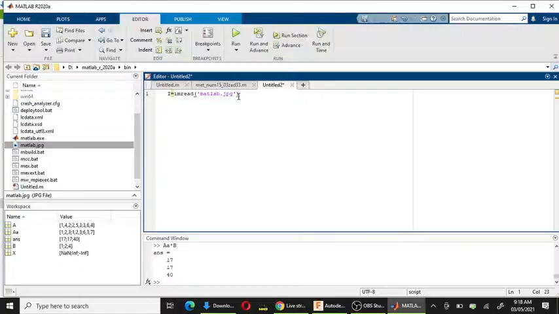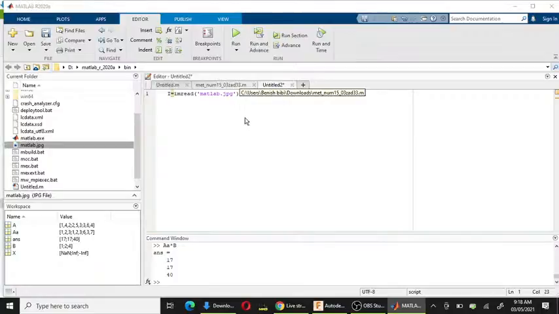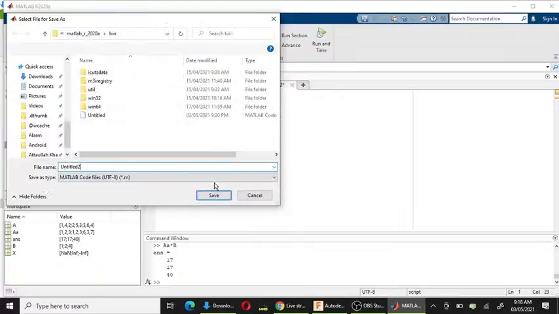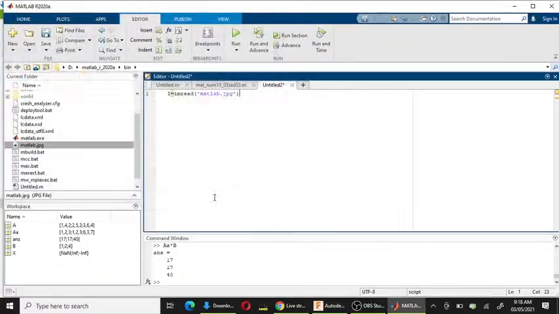Let's run this code. First of all, save this file. Okay, let's save the MATLAB code.